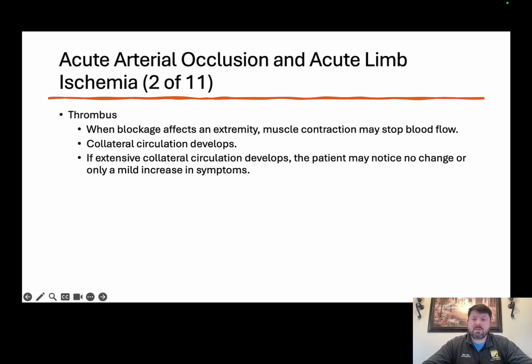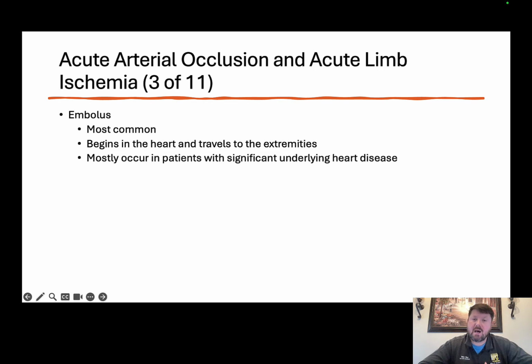The process occurs gradually, allowing collateral circulation to develop. If extensive collateral circulation develops, the patient may notice no change and only a mild increase in symptoms. An embolus is the most common